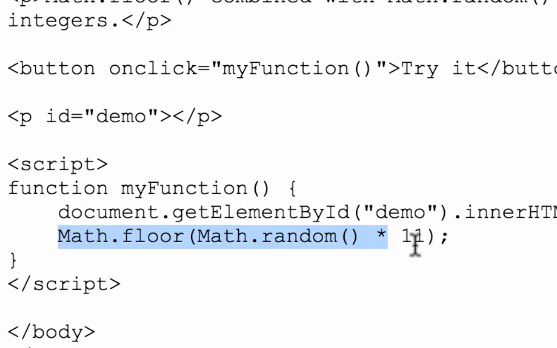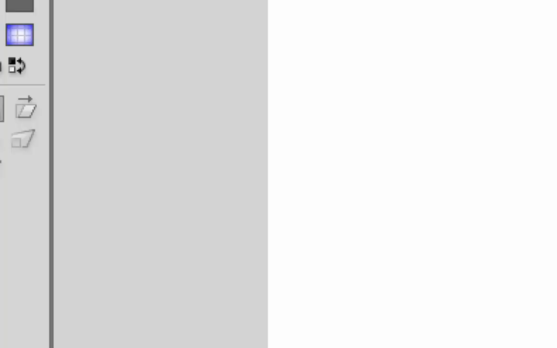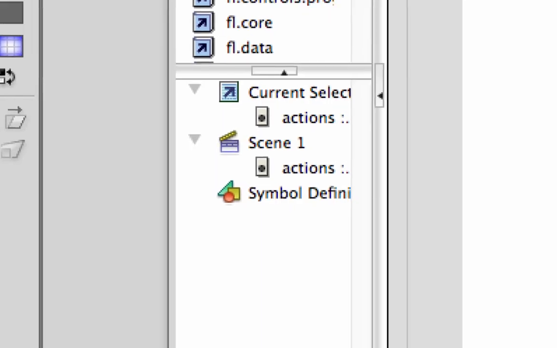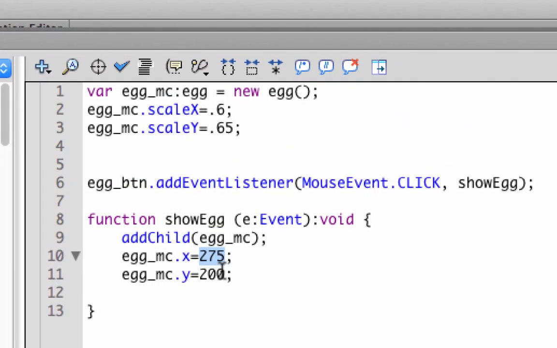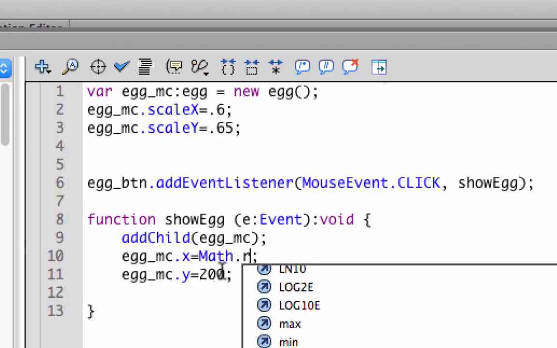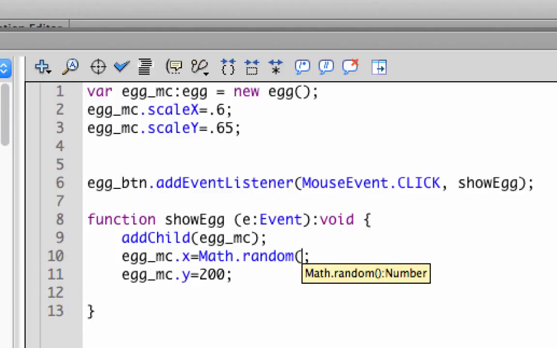I could even copy it out of here if I want to, and just see how it works. Or you know what? I'll go back and do it from scratch on here. But what we're going to do is basically do Math.random, and you should see it actually come up here, and you don't have to put a number in there yet. It's just creating a random number, and we're going to multiply that by